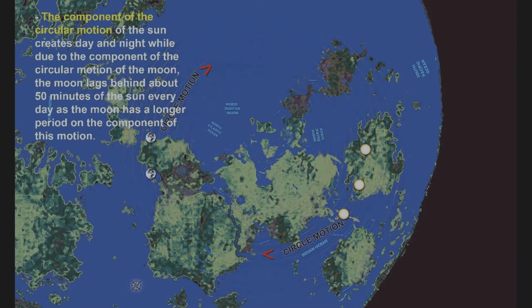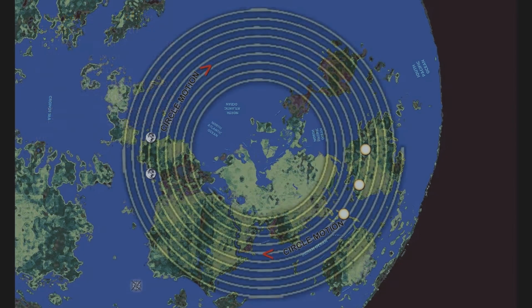The component of simple harmonic oscillation in the recommended spiral motion of the Sun creates the seasons. The component of simple harmonic oscillation in the recommended spiral elliptical orbit of the Moon causes the Moon to rise